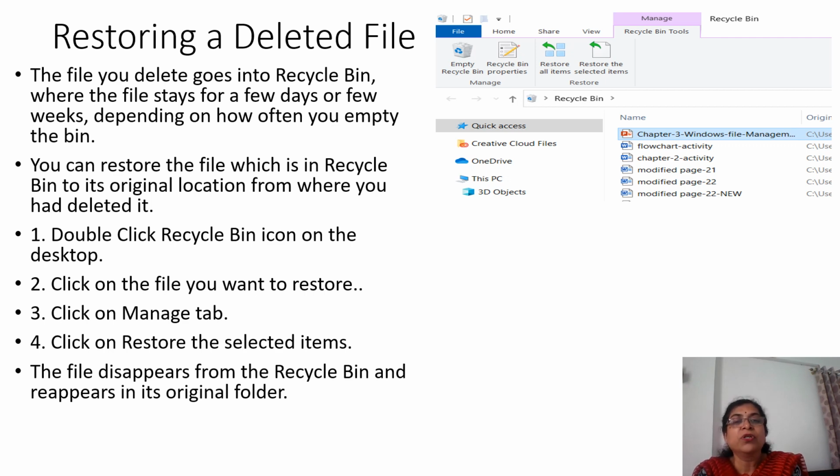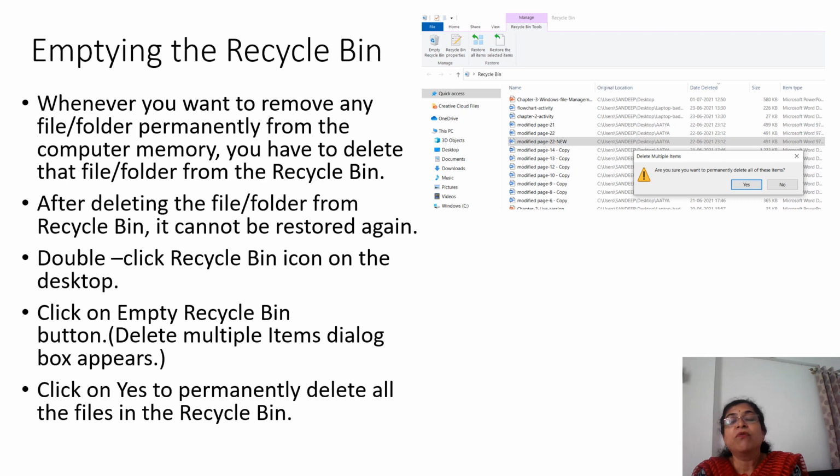Now, suppose we want to permanently delete some data from the recycle bin also, that is, we want to empty the recycle bin. What to do? Like some days at home, you want to clean everything. You want to clean your school bag, you want to clean your cupboard. That time, whatever trash is there, you put in the dustbin because you are cleaning everything. Correct? And every day a person comes to collect whatever waste is there from your house.